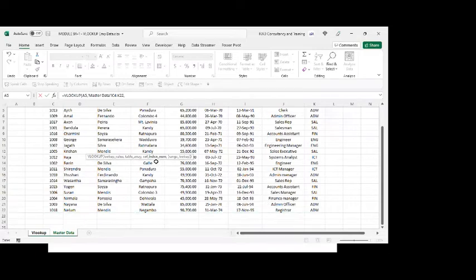Column index number. Don't go to the other sheet. Some people try to click and go. No. Don't even touch the mouse. Column index number I need is 9. Number 9. Comma. What type of match do you want? Approximate or exact? I need an exact match. So double click on this. The other mistake is people try to go with the mouse to the other sheet. No, don't go. Close the bracket and press enter.